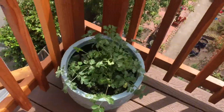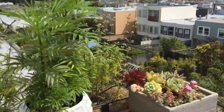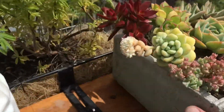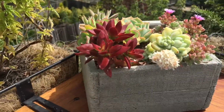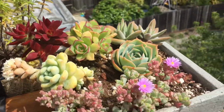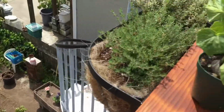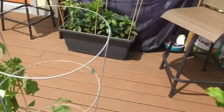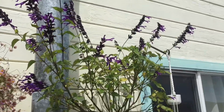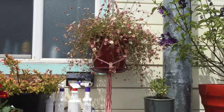Got some cilantro going. Another Hawakatai. More oregano. It's killing it. Look at those succulents. Look at that flower. Actually, it's flowering on, this one's flowering too. So that's cool. And then these things are cool. Got some rosemary here. It's the neighbor's yard downstairs. This is another salvia type plant. The hummingbird loves this one the most. There's daisy bush. Daisy bush was much